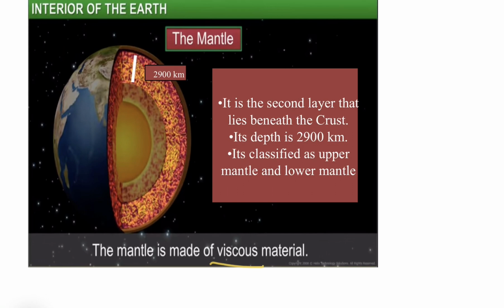When we move towards the center of the earth, the temperature increases as well as the pressure increases. So in the mantle the temperature is much higher than on the earth surface. So whatever rocks are present in the mantle layer are converted into the molten form, which is called magma, and that is the sticky and thick liquid.